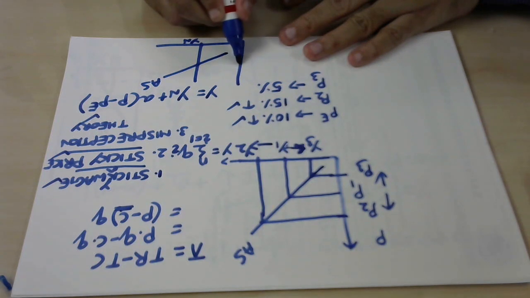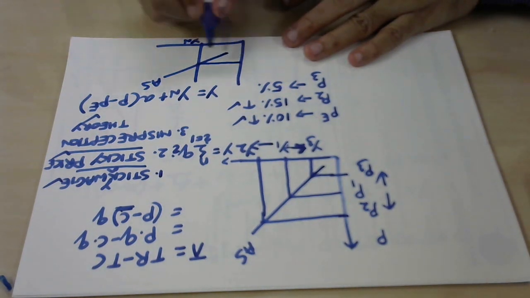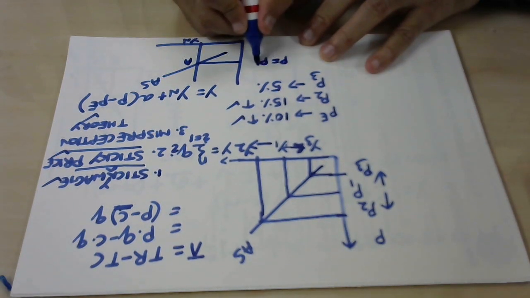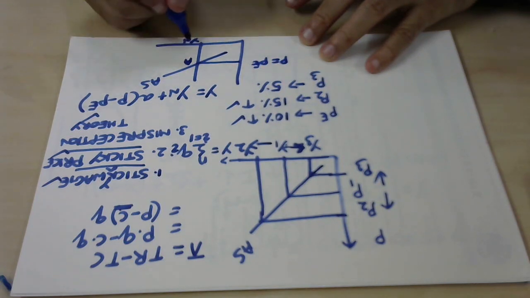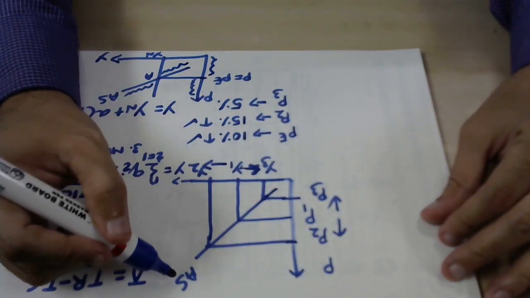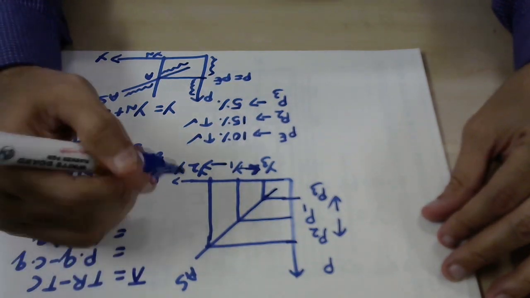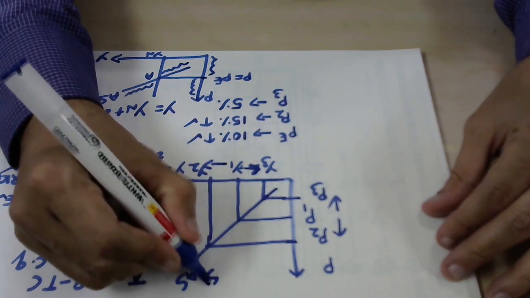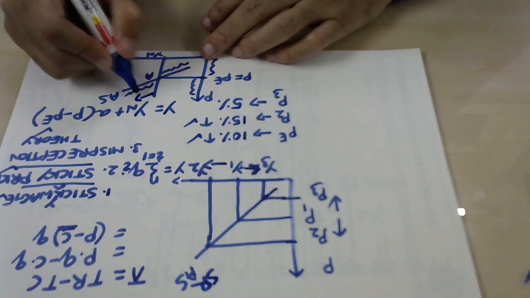At point A, we are finding P is equal to PE. So when P is equal to PE, the upward sloping aggregate supply curve that we have discussed is the short run version of the aggregate supply curve, and the Yn is